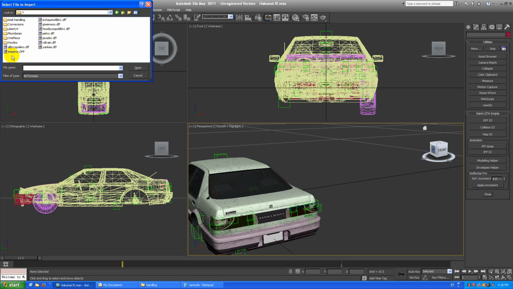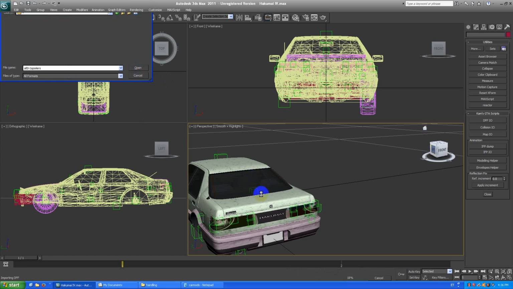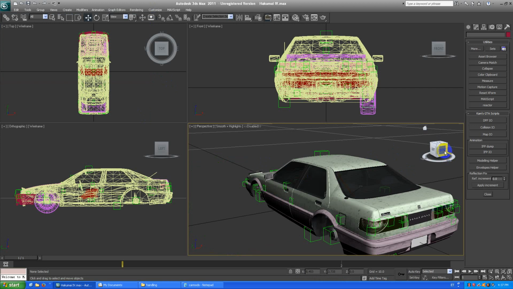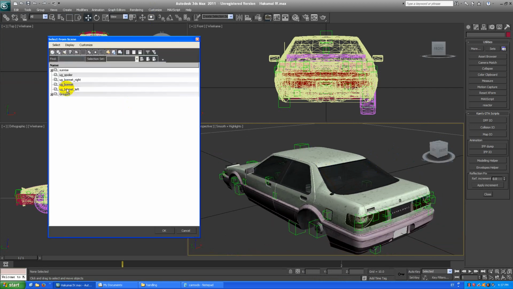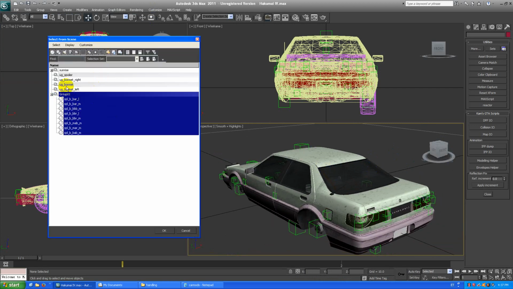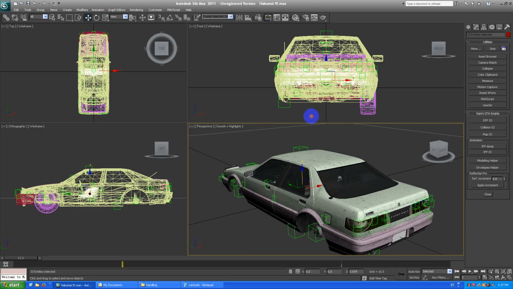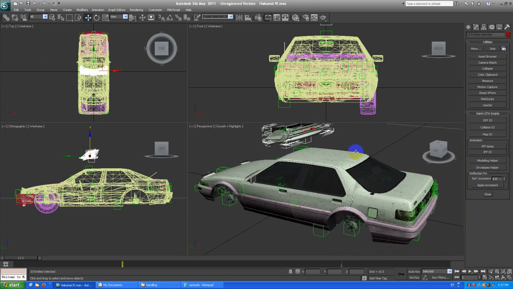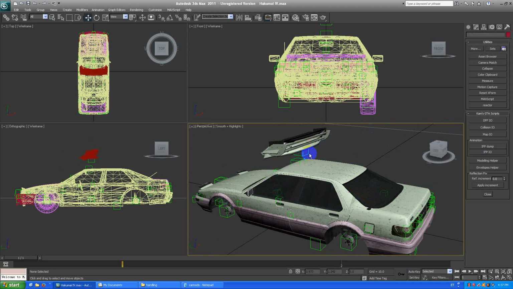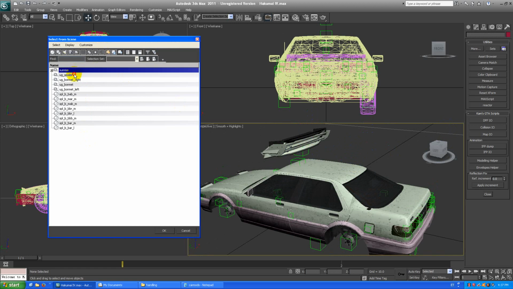It's called all-in-one spoilers, and here I have put all the spoilers together into one file, so I can easily set the location and put them all together and find which one looks the best and which one looks the shittiest. We don't need this thing, but we need this